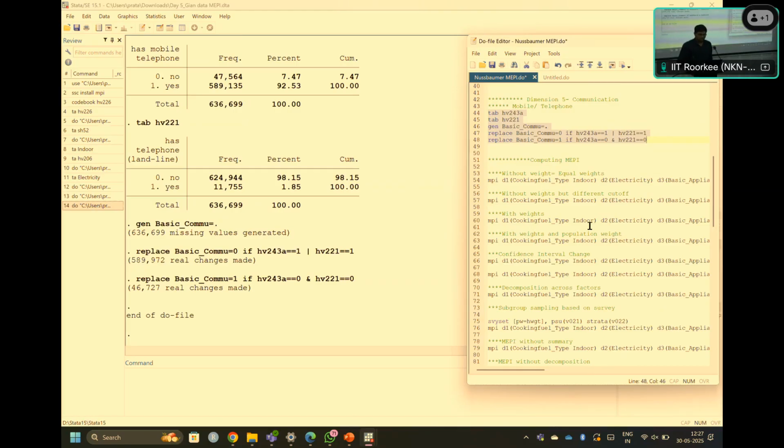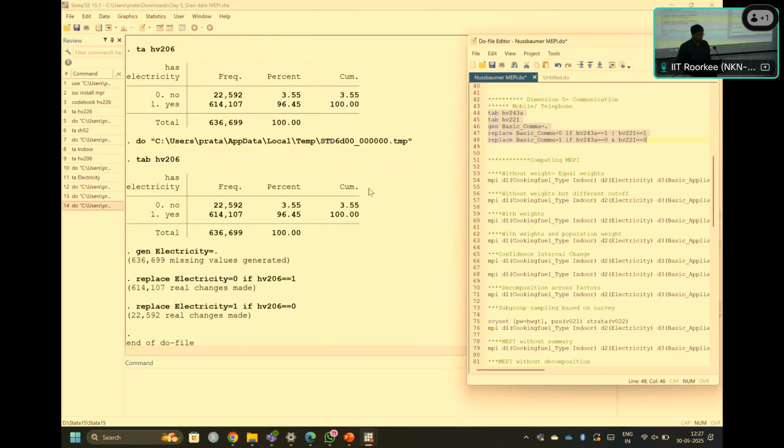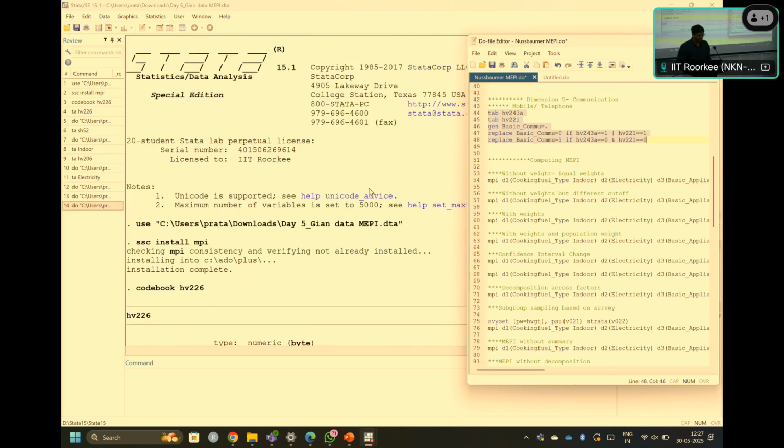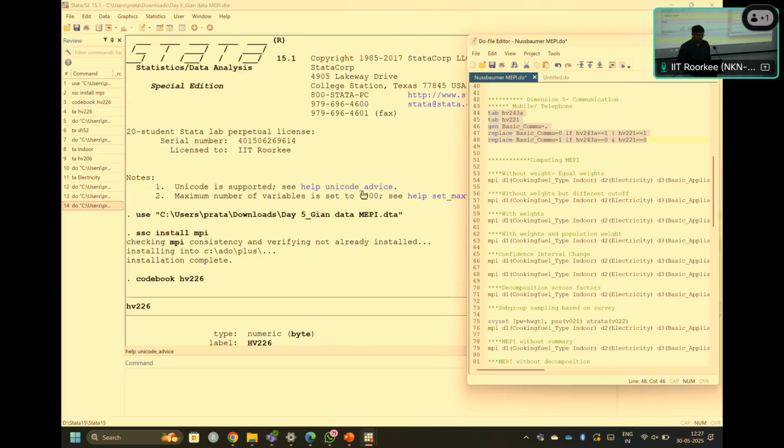So let's compute MEPI. I have already installed it, but let's check once again. Please start installing MEPI with SSC install MEPI, then we can go through some of the calculations.